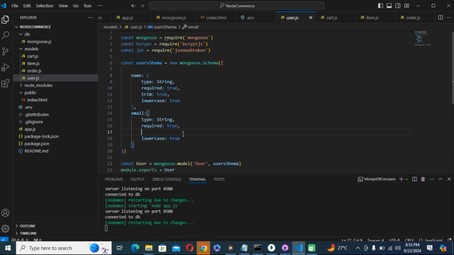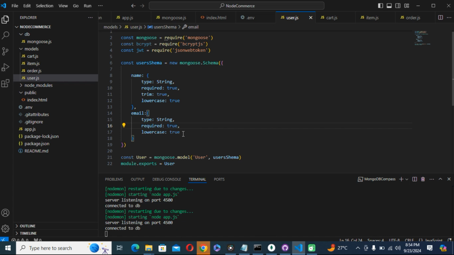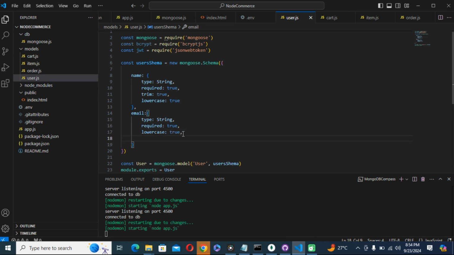Though we don't expect you to enter space in between your email, but we are going to validate the email. If it is not of type email, we will throw an error. So that is why in this case we need to